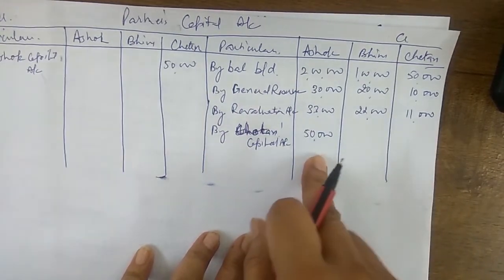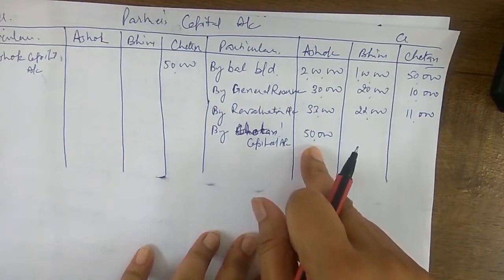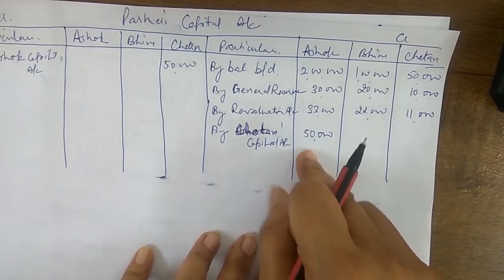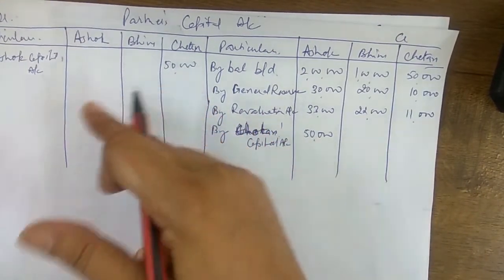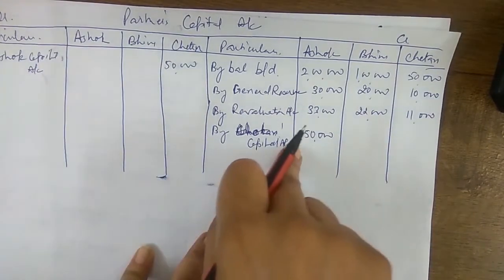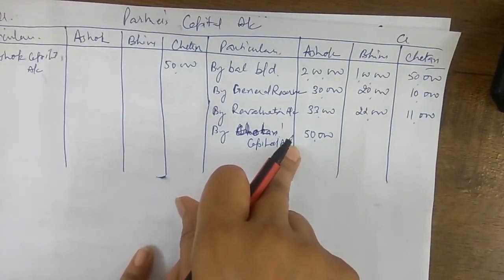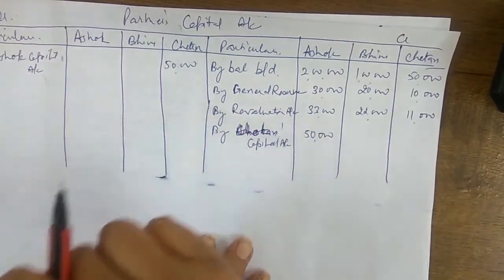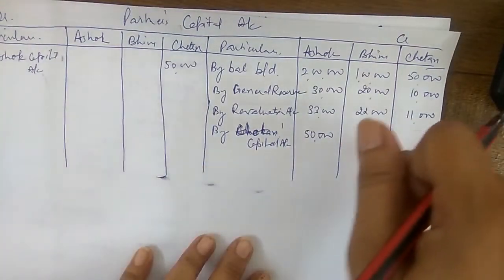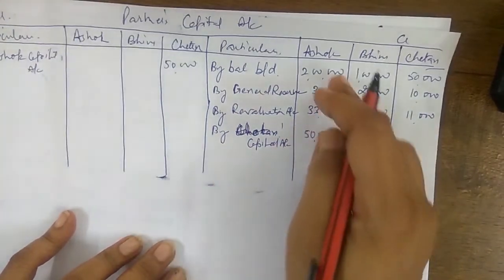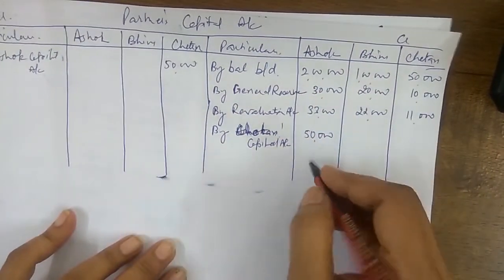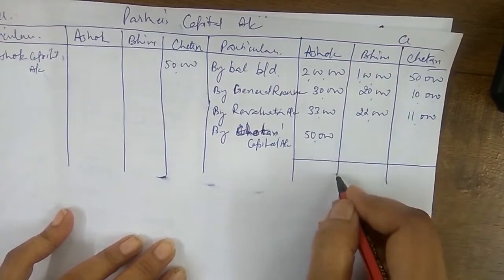अब देखो ध्यान से बच्चे, अशोक के अकाउंट में क्रेडिट हुआ है क्योंकि अशोक को सेक्रीफाइस हुआ तो उसको दिया है। चेतन के अकाउंट में 50,000 डेबिट हुआ बिकॉज चेतन हैज टू गिव द अमाउंट टू अशोक। So this way we have shown the effect of goodwill in both Ashok and Chetan's capital account. Now what is the other thing, that is how to complete this capital account to have the balance of both the sides. So that way we need to total,